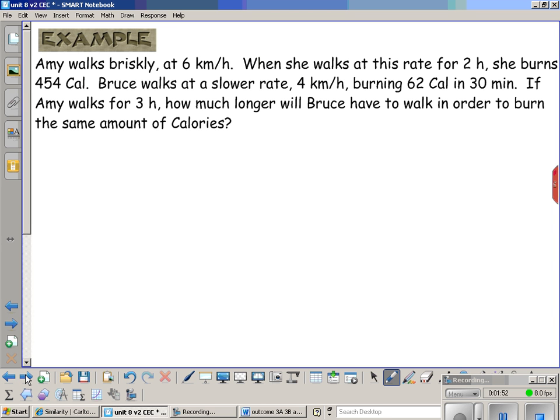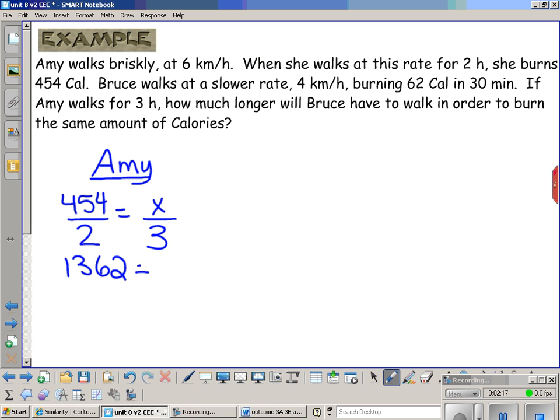Well, first what we need to find out is how many calories Amy burns in 3 hours. What we do know is that she burns 454 calories in 2 hours. So how many calories will she burn in 3 hours? So we set this up as a proportion and we can do cross multiplication. And again, there's more than one way to do this. Now we can divide by 2. So she burns 681 calories